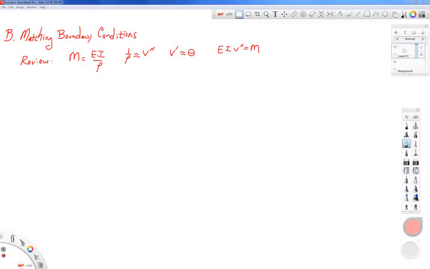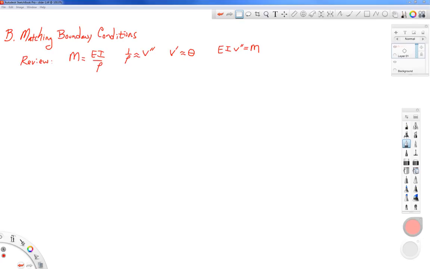We're going to continue our discussion about the deflection of beams by taking a look at what's called matching boundary conditions. Before we get into that, let's just review a little bit of what we already know about beam deflection. We started with the deflection curvature relation, M is equal to EI over rho,